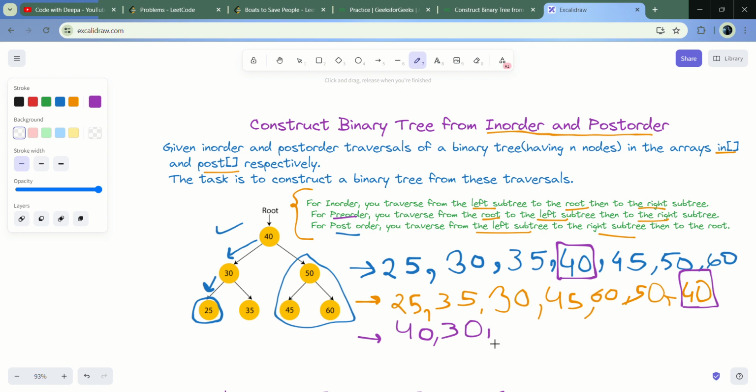Then we have to move to the left subtree, then we will move to the right subtree, and in the right part also what you will do, you will first take 50, which is the root node, then you will traverse the left subtree, and at last you will traverse the right node. Okay, so this will become the pre-order, and here you can see that the root node is at the front